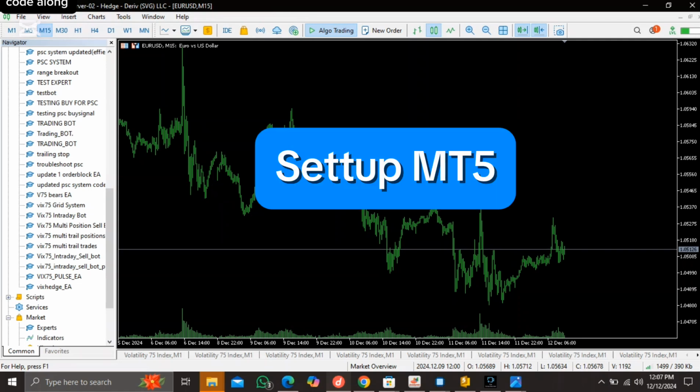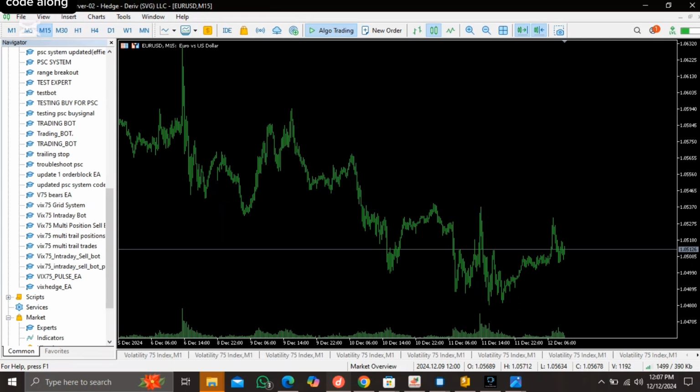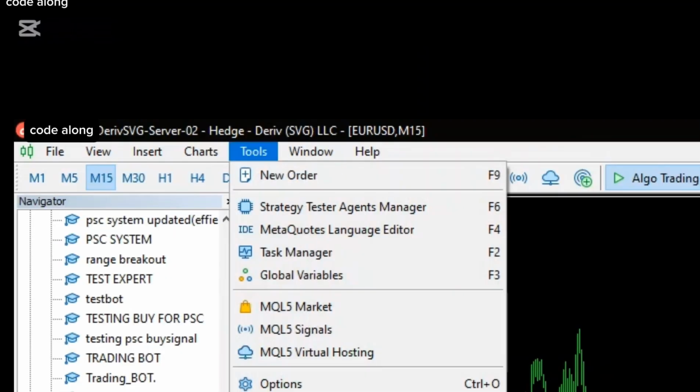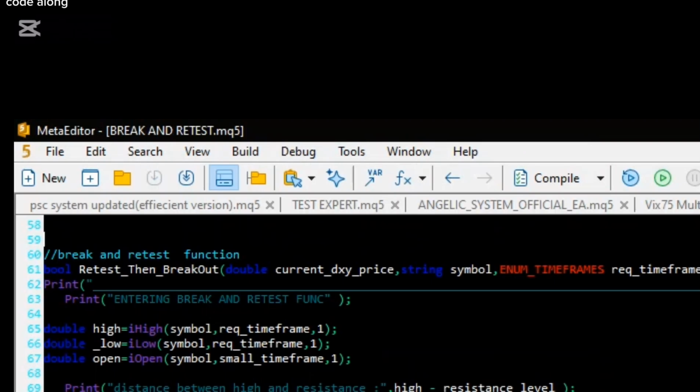To develop and test your EAs, you'll need to have MetaTrader 5 installed on your computer. If you haven't already, please download and install MetaTrader 5 from the official MetaQuotes website. You can find the link to download MetaTrader 5 in the description of this video. Once you've installed MetaTrader 5, open the platform and familiarize yourself with the interface. To access the MQL5 editor, select the Tools tab, then click on MetaQuotes Language Editor, or simply use the shortcut